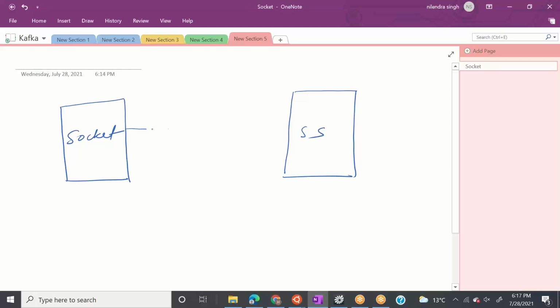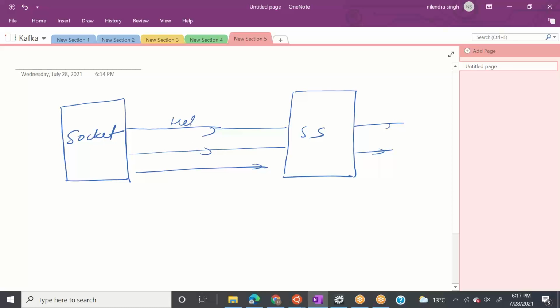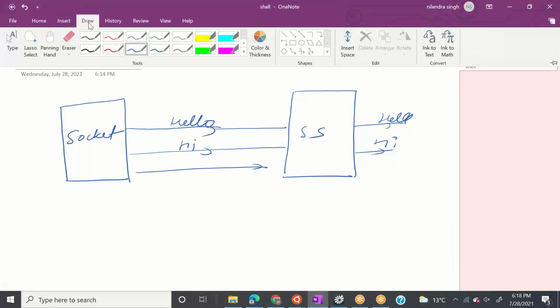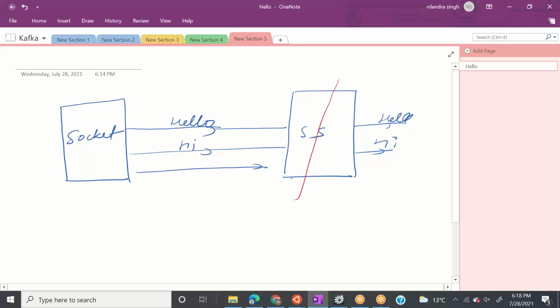Till now this application is sending messages here, and it is processing them, and we are seeing everything on our console. When we say hello here, we see hello here. When we say hi here, we see hi here. Everything is working fine. The problem occurred when our structured API failed.